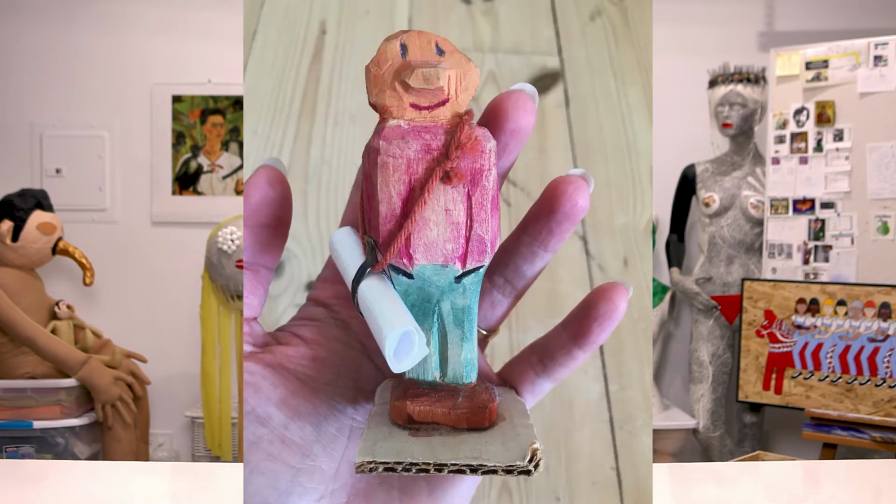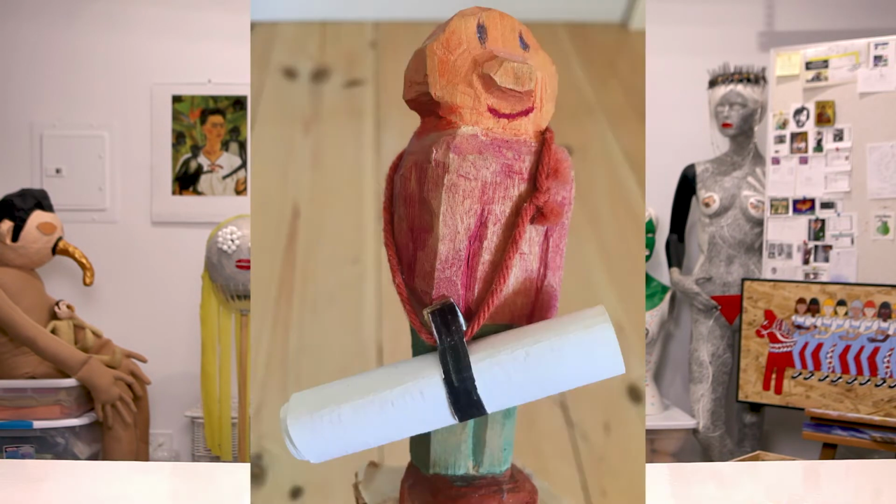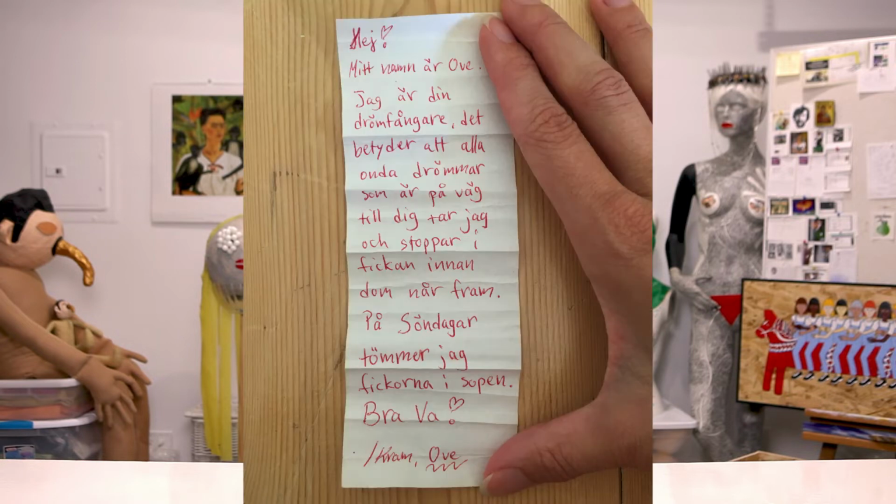Next up is a very special guest. This is Ove. I made Ove as a birthday gift for my father back in the day, and I whittled him myself out in our garage, and he's actually a dream catcher, or more specifically, a catcher of bad dreams. He came complete with a little note that I'd written, and the note is from Ove himself, and it says